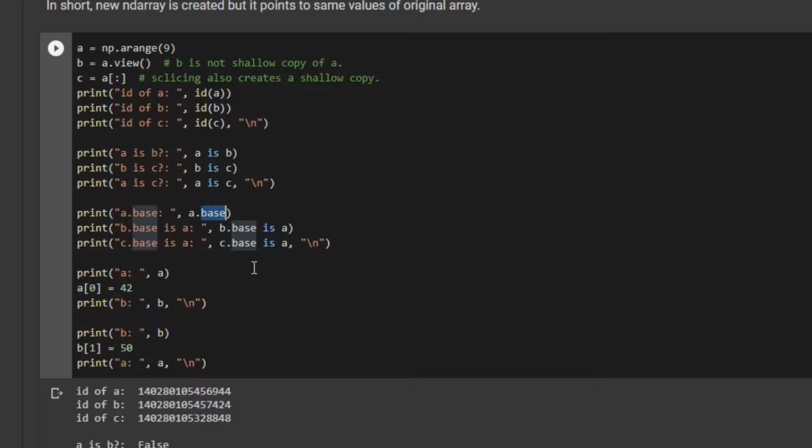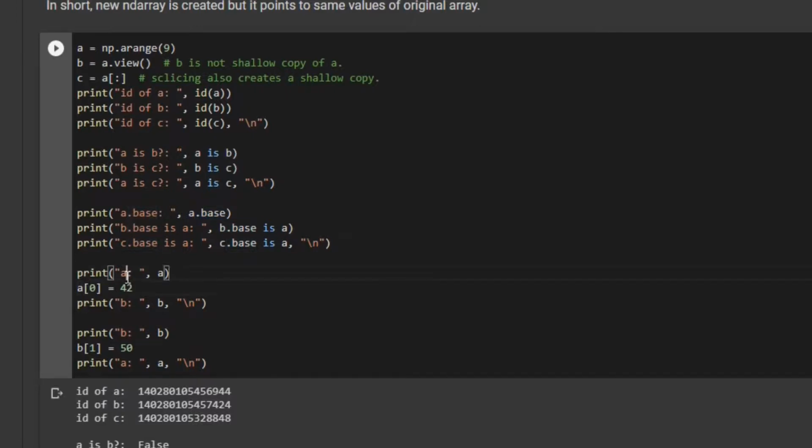So we are printing A.base and we are checking if B.base is A or not, and C.base is A or not, because we have created B and C objects from A. So in this case, B's base and C's base should be A. These two statements should return true and A.base should be None because A is created freshly with the method np.arange.